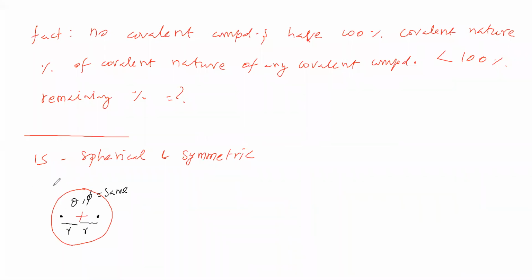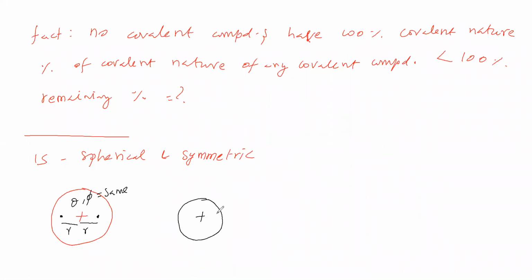How will this 1s electron cloud be? It is just like a cloud. So it is the 1s electron cloud. In this electron cloud, you imagine a cloud. Is it having a constant shape? No. Naturally, we can say a cloud does not have a constant shape. That's why the name cloud is given here. It does not have a constant shape, in the sense that distortion takes place in the shape.